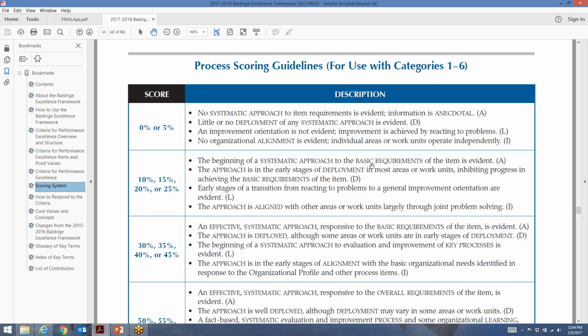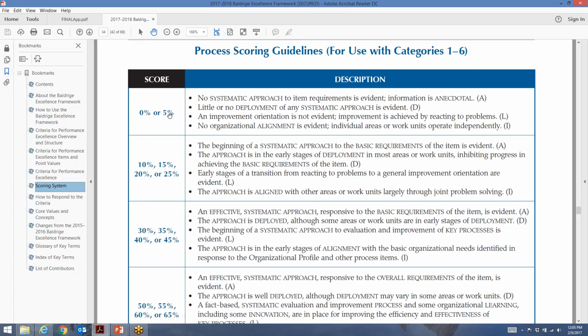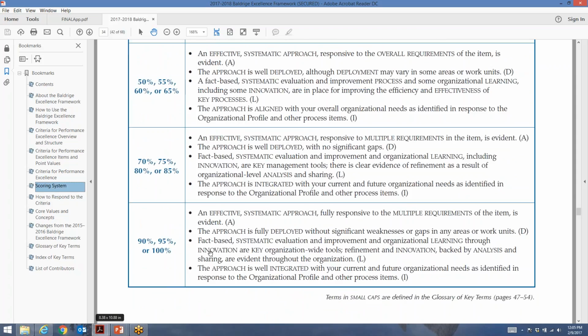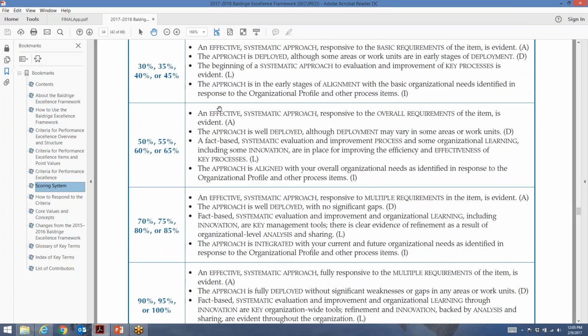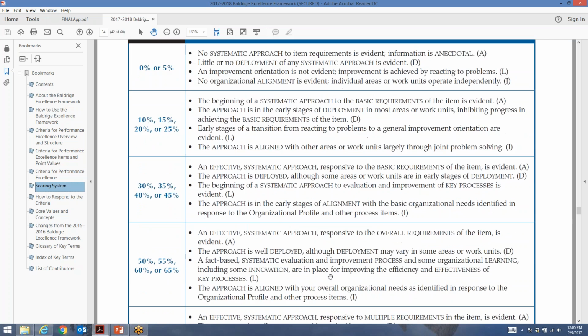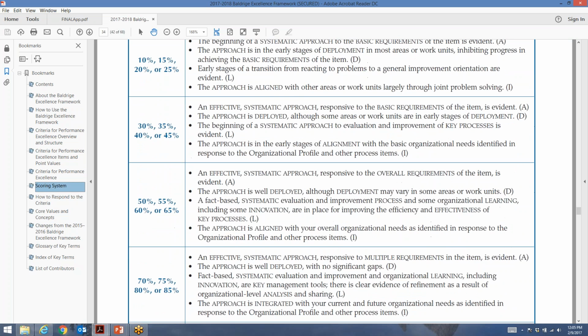It's then going to have some kind of influence on award levels and things like that, but it's meant to point you to where you're at on your maturity level with the criteria. If you'll notice, in these scoring ranges, first of all, there are ranges. It starts out 0 to 5, 10 to 25, and so forth, and goes to 90 to 100. 90 to 100 is rare territory. You don't see a lot of folks in 90 to 100. I have seen some, but they're pretty darn good. Baldrige recipients kind of come out of these 2 areas here. So if that's what you're looking for, then that's where you need to start targeting your efforts.